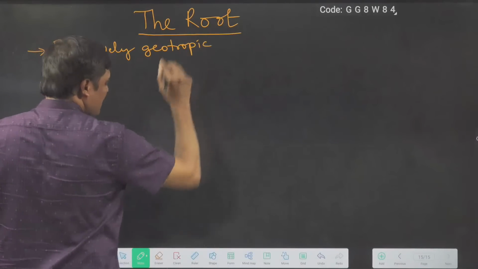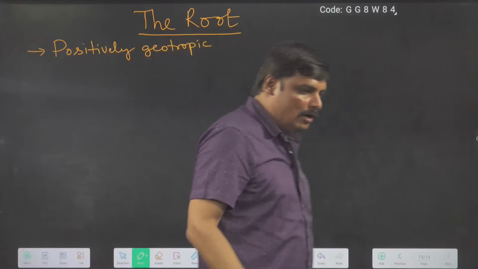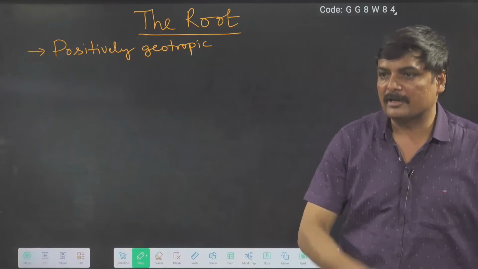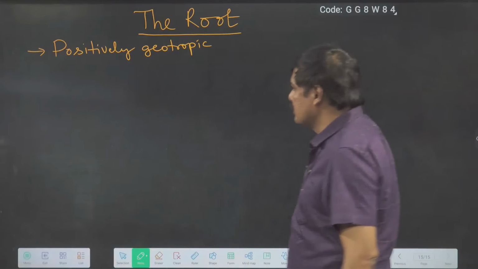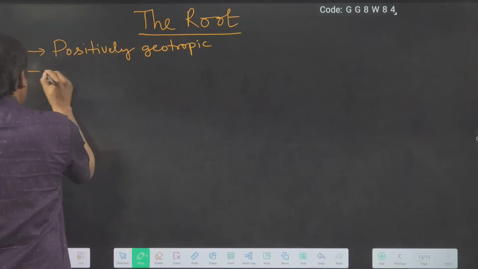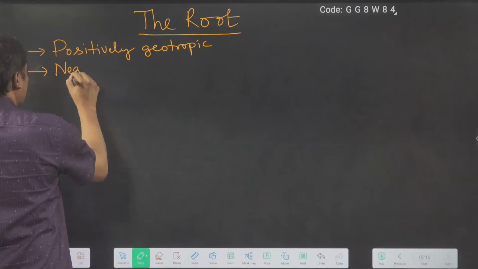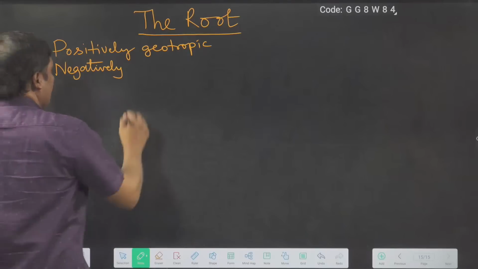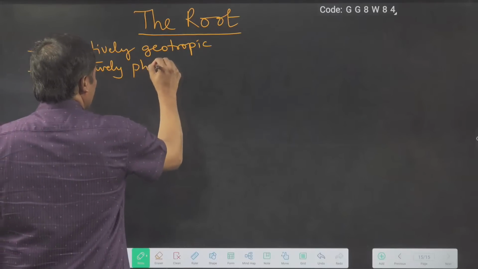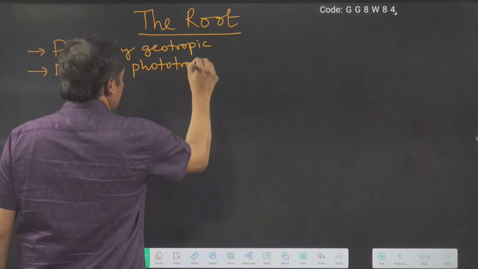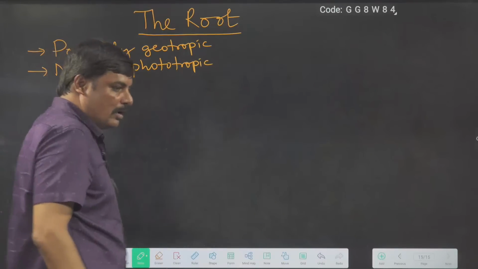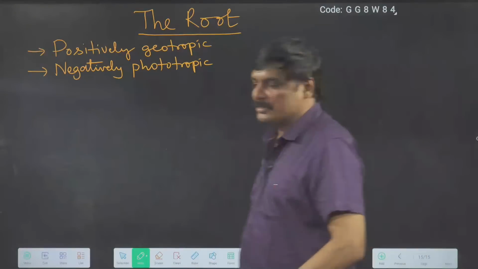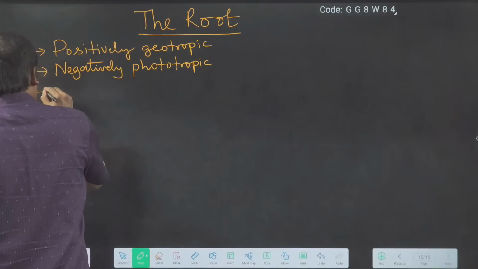That means they grow always towards the gravity into the soil. Or you can say negatively phototropic. That means they grow away from the light. Away from the light. And the root is